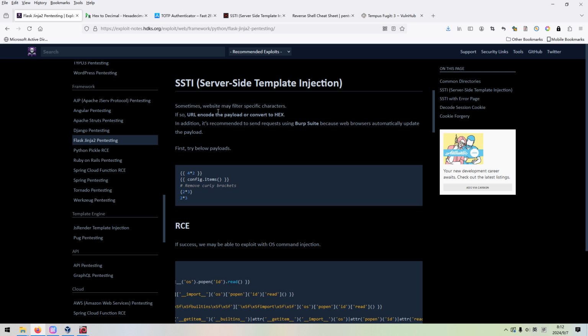And sometimes a website may filter specific characters. So next, I think we can feed some payloads to test. We need to know exactly whether the web application is vulnerable or not.